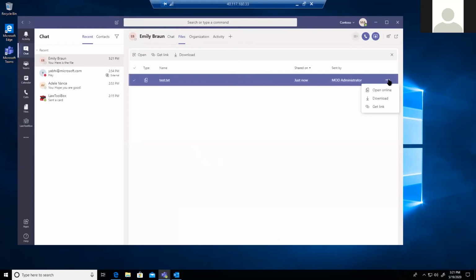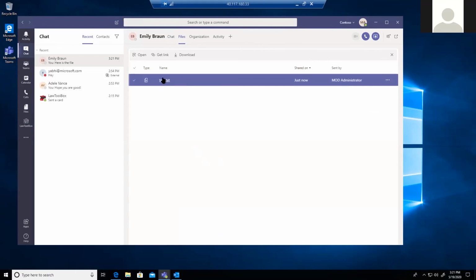Now, if Emily makes some changes, there will be versioning of it. Let's say I've written A in that file and sent it to Emily, and Emily updated it. Now it's being uploaded in their OneDrives. So if it is a one-on-one chat, it will be a OneDrive thing.